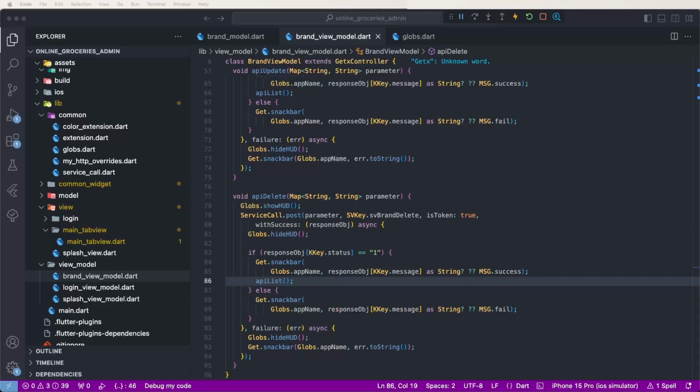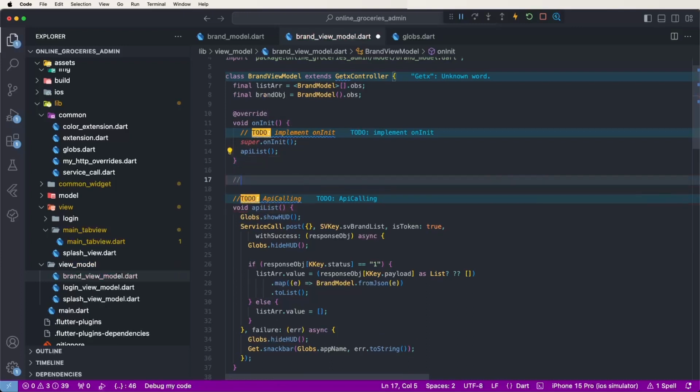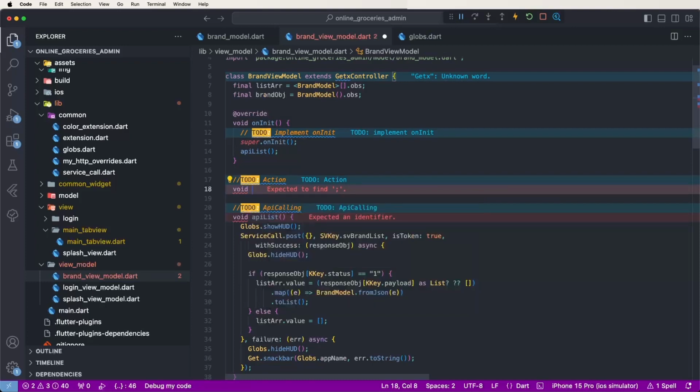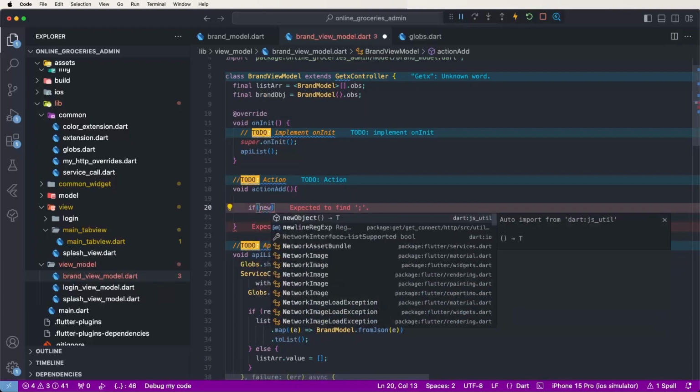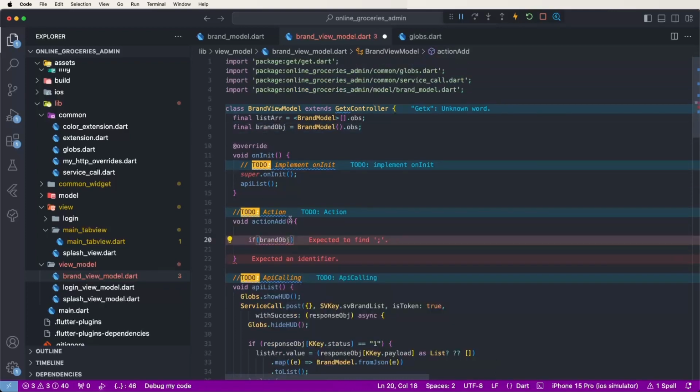Now need to write down here the actions. To do API action void, and we need to set this here action add. Now need to check here the conditions. Need to give here the brand object dot brand